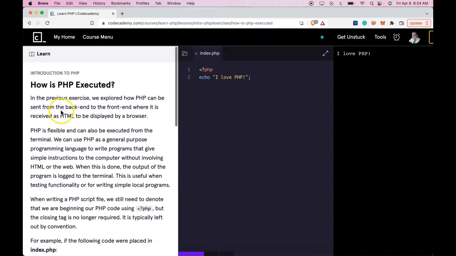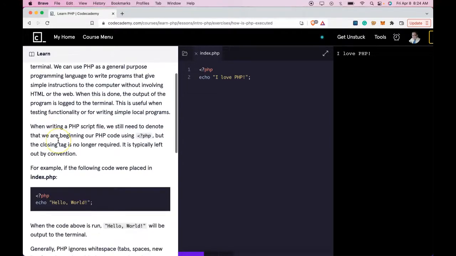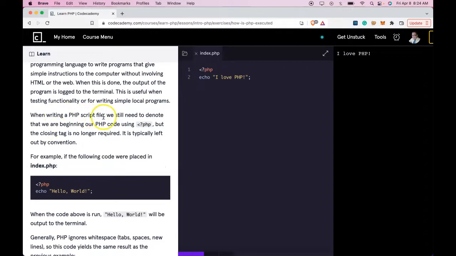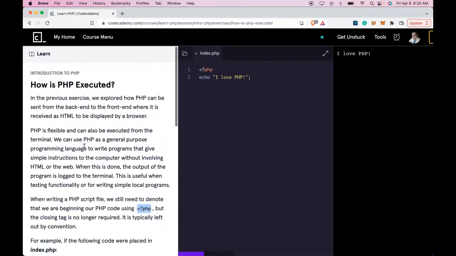So what we're learning here is how PHP is executed. We learn that it is flexible and can be executed from the terminal as well. We also learned that when writing a PHP script, we always need to denote the beginning of our PHP code using our opening PHP tag, but the closing tag is no longer required and is typically left out by convention. Those are the two main points that you should take away from this lesson, and once you get that, I'll